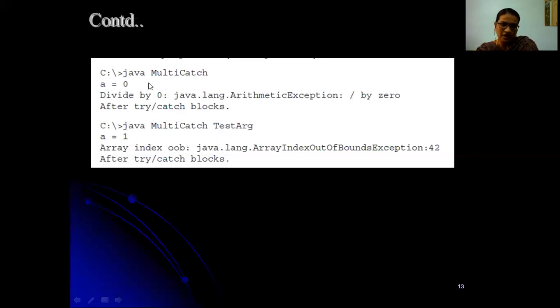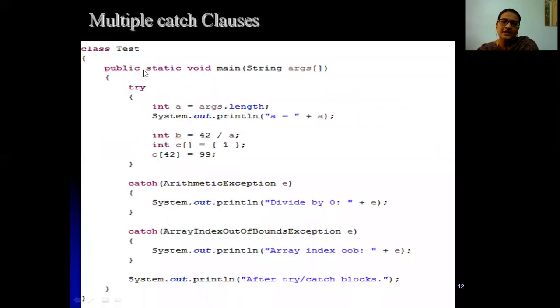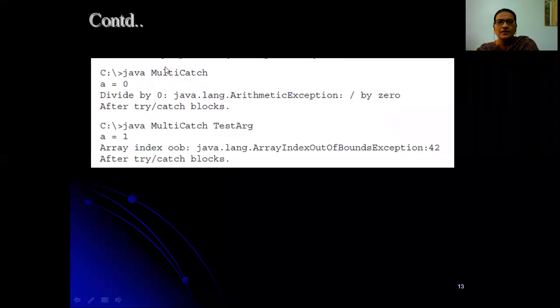So here we are executing this. Once we have compiled, to see the output, type java followed by just the class name. Don't give an extension. Okay, so here multi-catch. Sorry, here the class name should be multi-catch. That is the file name, multicatch is the file name.